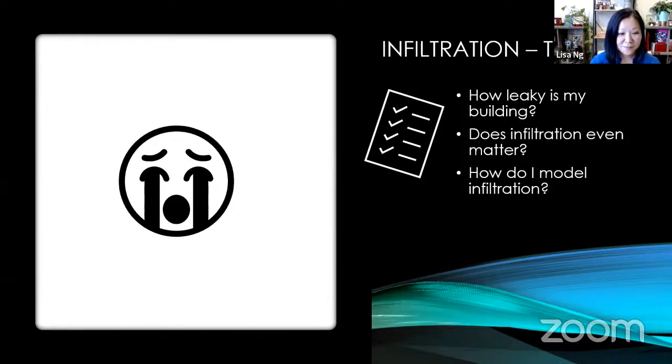My background's mostly in comparative energy modeling, so somewhat fictitious modeling. It's not predictive modeling. Maybe the building hasn't been built yet, so you're just trying to comply with a local code or third-party certifications such as LEED. So oftentimes the AHJ, the authority having jurisdiction, has an energy code that usually prescribes how infiltration is modeled, typically the same in the baseline model as the proposed model. So it's much more important in predictive energy modeling.